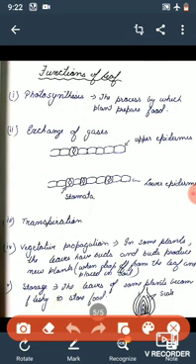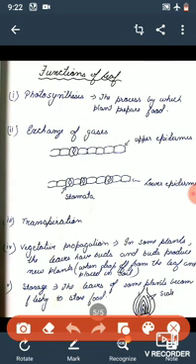Now the fifth one is storage. Some leaves have scale leaves. In some plants scale leaves are there, like in onion, and these scale leaves help to store food for that plant. So these are the five main functions of the leaf: photosynthesis, exchange of the gases, transpiration, vegetative propagation, and storage. Basically this storage is done in the case of onion and similar plants, where scale leaves store the food for the plant.